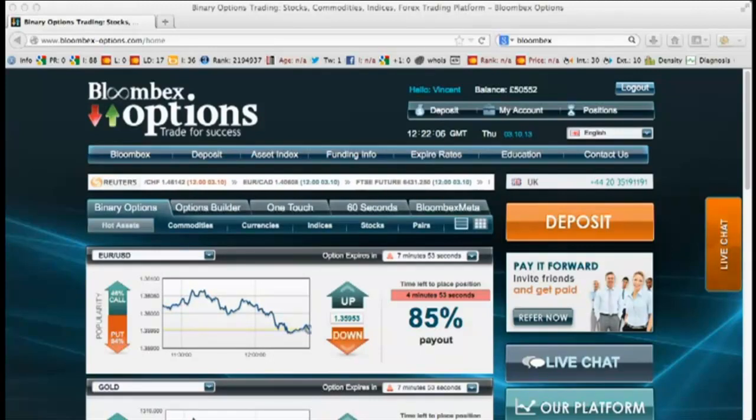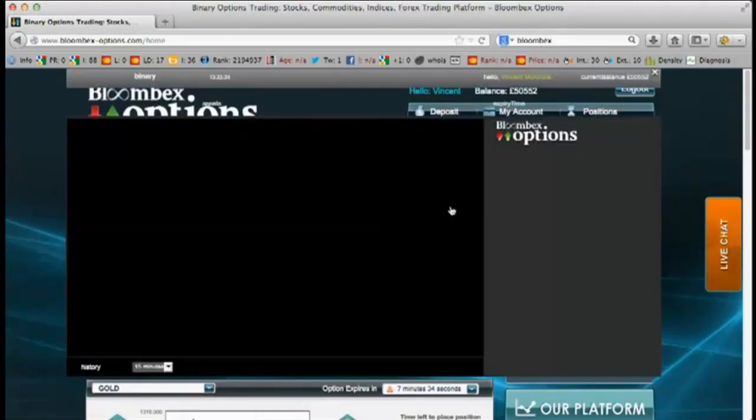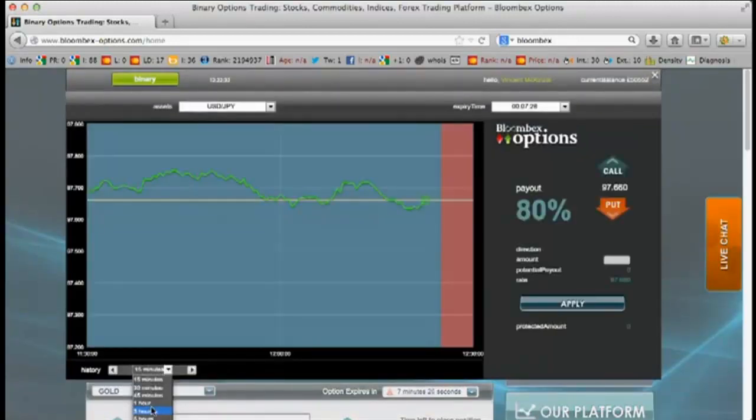They also have the full arsenal of binary options trading platforms, including your standard platform, your option builder, your one touch, your 60 seconds, and the Bloombex Meta, which is kind of a copy of the MetaTrader 4, but maybe not quite as complicated. But what it does do is allow you to look at the historical data and longer time frames on the